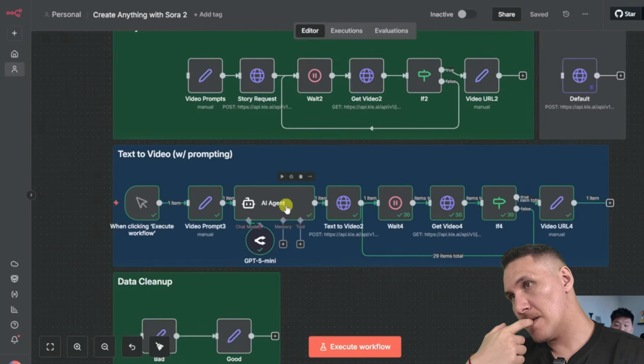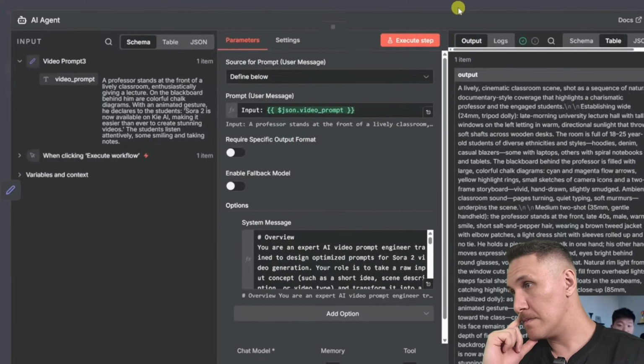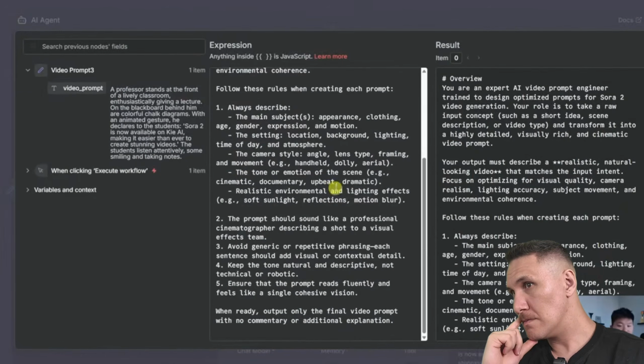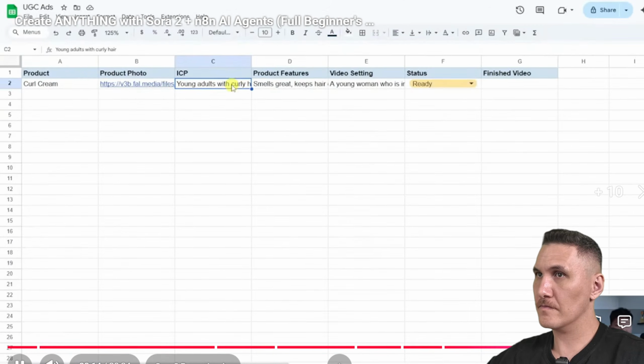Yes, it's nice that we have a high level of good practices for prompting, but what you would do is, when you have your specific use case, like let's say it's your UGC ads, on top of giving it just these basic rules, you would come in here and really tailor this specifically towards UGC content video prompting. And as you refine that prompt and make it better and better,